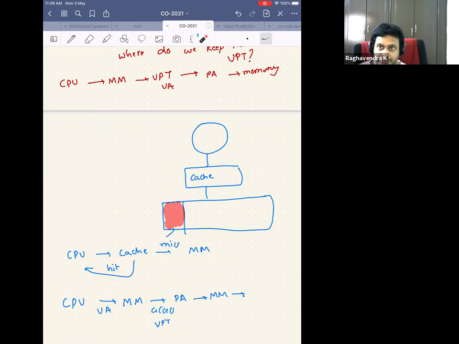Okay, so one of the solutions that you proposed was that we keep this virtual page table in the cache. Instead of keeping it in the cache, what people have done is they have something called a translation lookaside buffer. It's a very small kind of cache, which has maybe 4 to 8, or 16 to 32 entries, or 128 entries or whatever. In this case, we have 4 entries alone. And this is shared across processes.